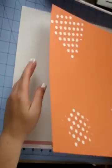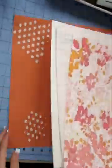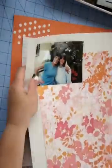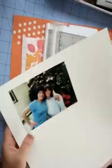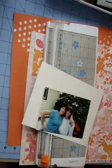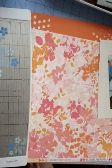So I have some papers from the Bluegrass Farm kit and also some pattern paper from the Bessie add-on. The floral paper is from the Bessie add-on, and the graph looking paper is also from the add-on. This paper that I'm using has a plaid on one side, not my favorite pattern at all, but I like the flip side, which is grayish, has a little design on it, very neutral. So I'm going to use that as my base for my photo, and now I am using a mist that